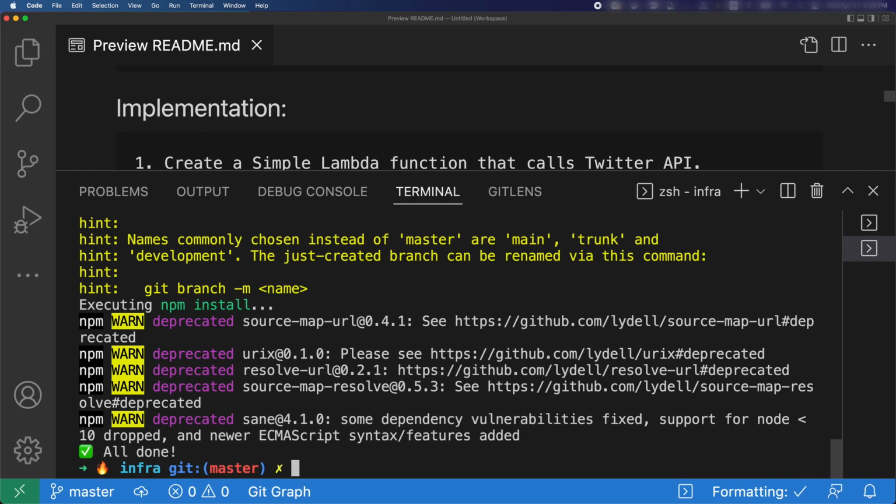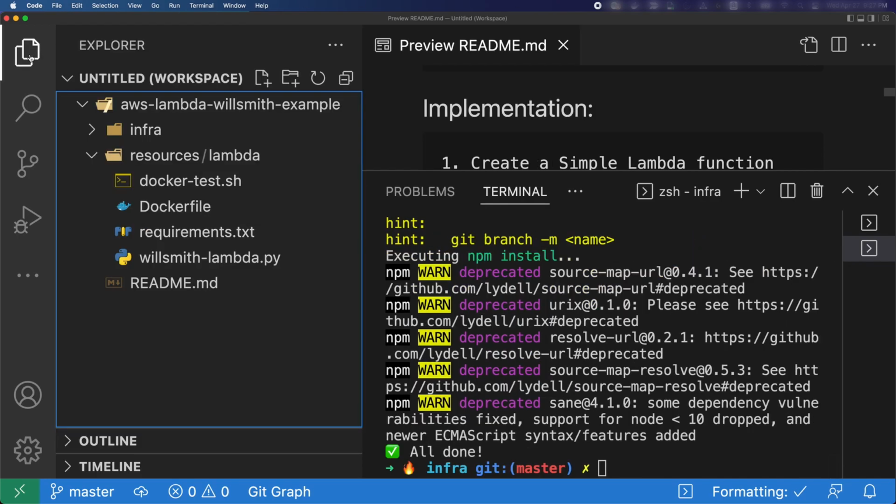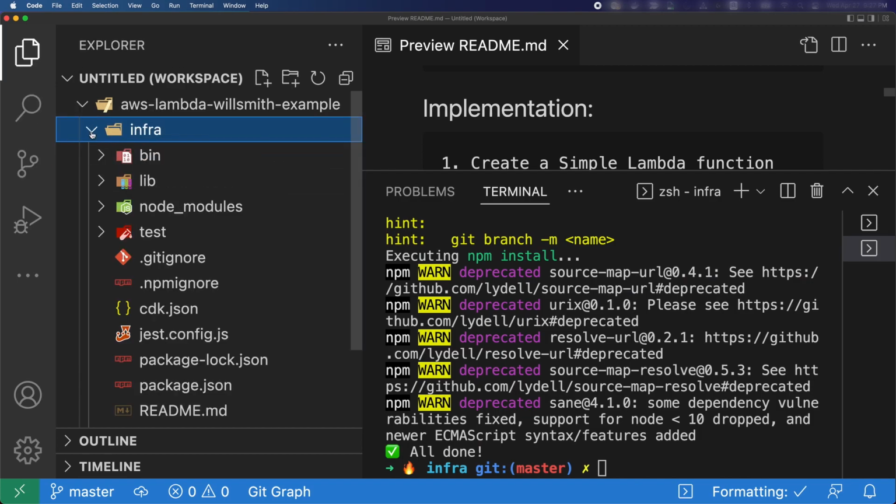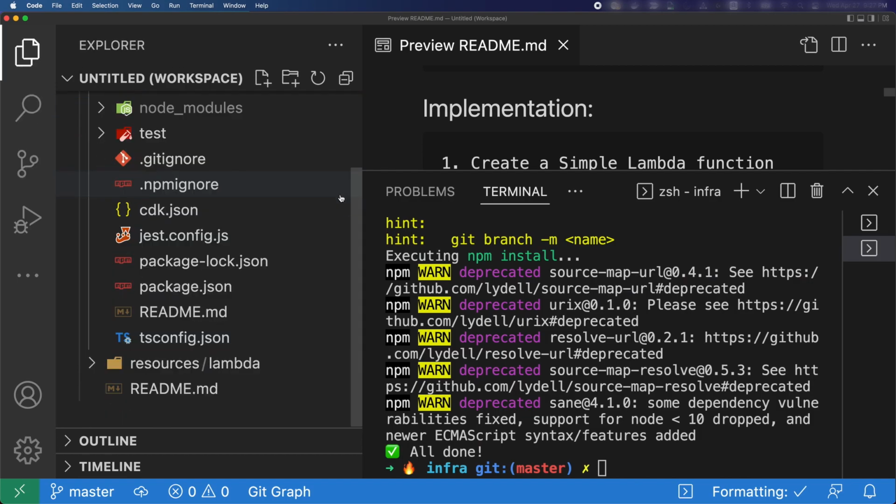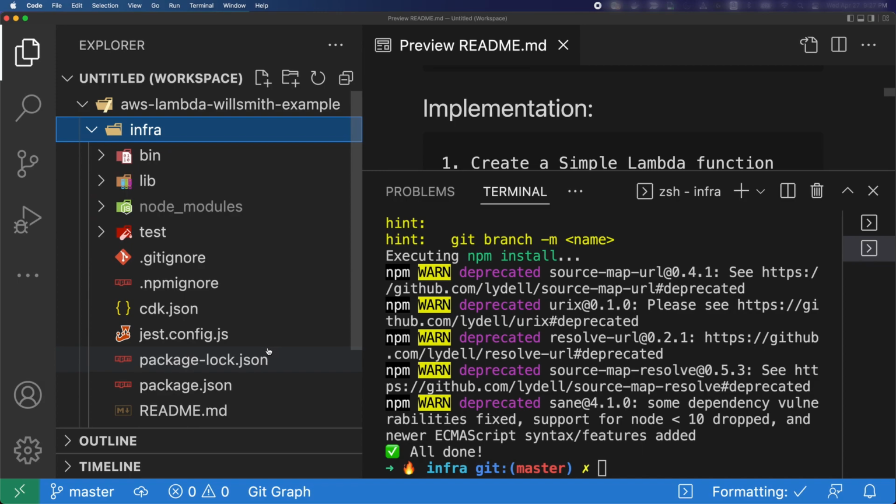All right. So CDK has created a format, a blueprint for us to get started. If you want to know details about all these files, there are tons of videos and documentation. If you go to the CDK documentation, you will know more details about it. So for now, what I'm going to do is